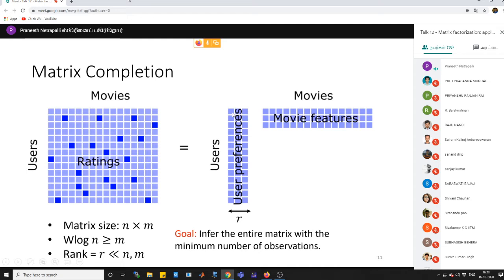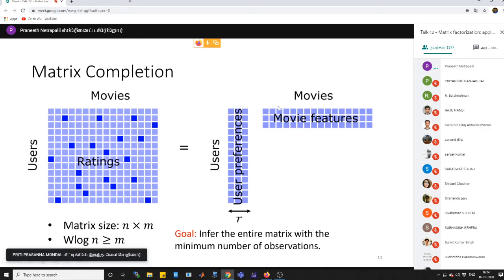So the assumption here is that this matrix is essentially low rank, where the low rank corresponds to the user preferences or movie features, which essentially determine whether or not a user likes a movie. Okay? So we are assuming that this matrix is indeed low rank, and we are only observing a few entries, and based only on these entries, you would like to recover all the unobserved entries. So this is the problem.